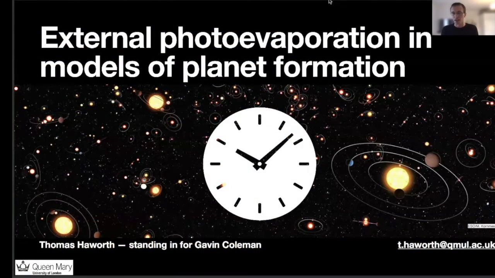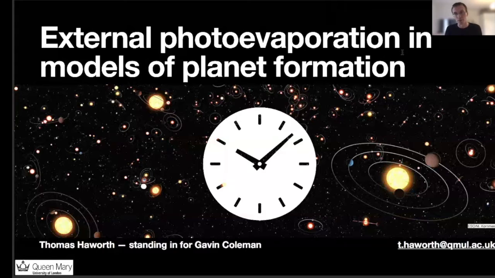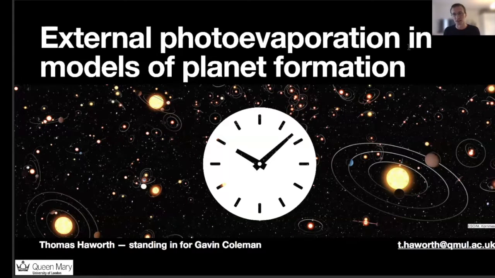That really the way planets are going to potentially care about external photoevaporation depends upon the times at which both processes happen. If your planets are going to form way before the external photoevaporation does anything, which could well happen, well, then it's not really a very important process. Whereas if the external photoevaporation happens on a comparable timescale or even quicker, then it's going to be important for